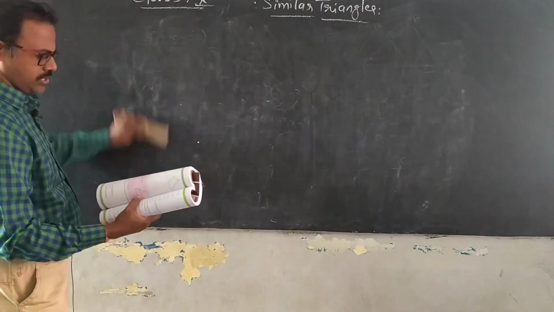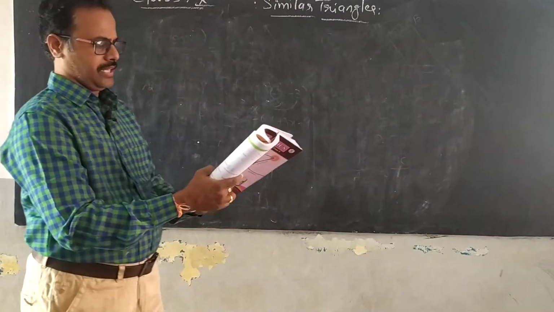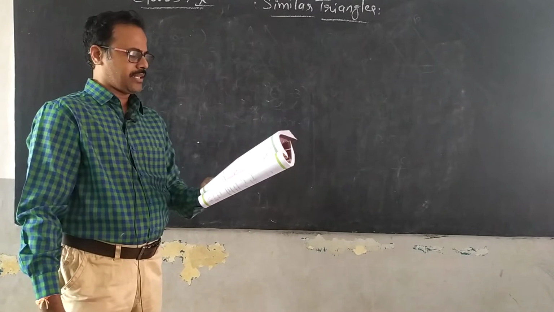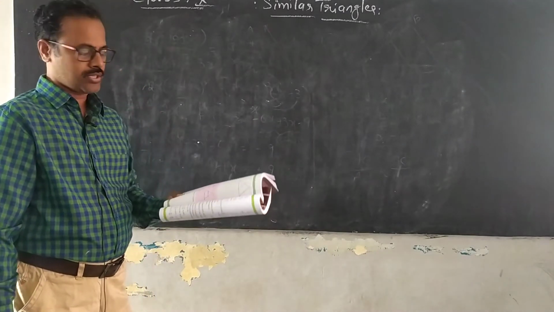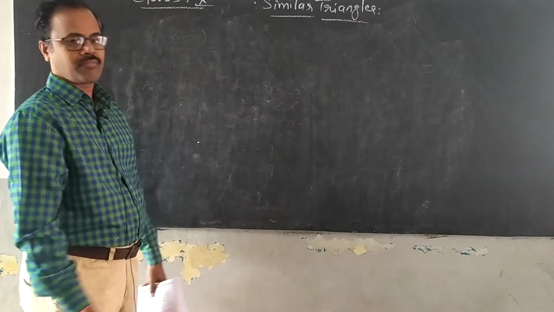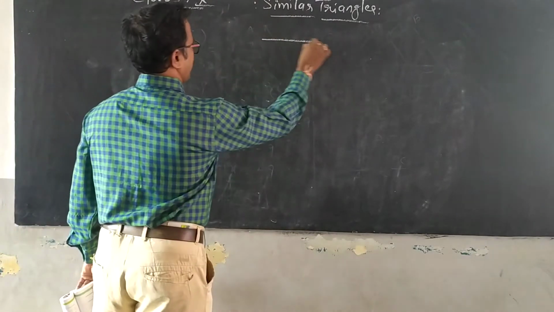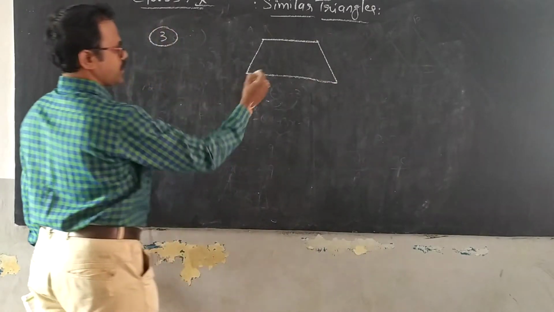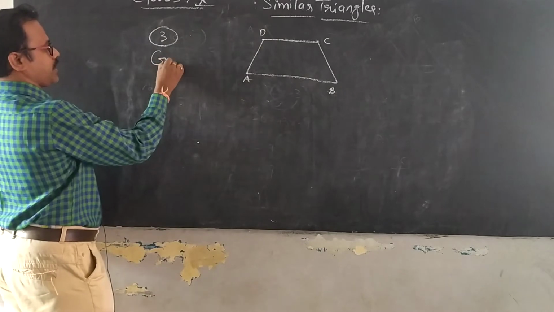The diagonals of a quadrilateral ABCD intersect each other at point O such that AO by BO is equal to CO by DO. Asking to prove that ABCD is a trapezium. Trapezium is also a quadrilateral. So while taking the figure, you draw trapezium itself, but don't mention that it is a trapezium. You just take that one as ABCD is a quadrilateral.